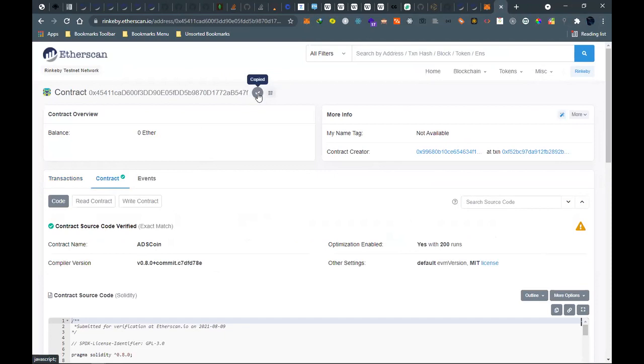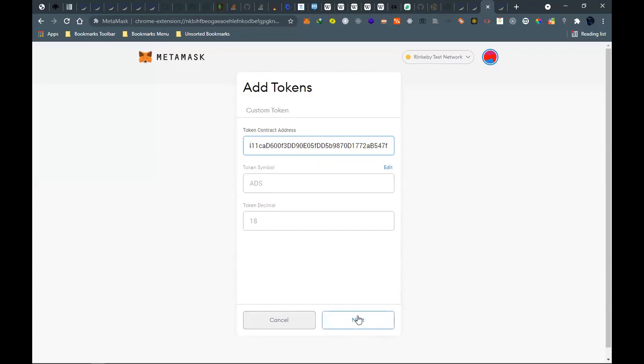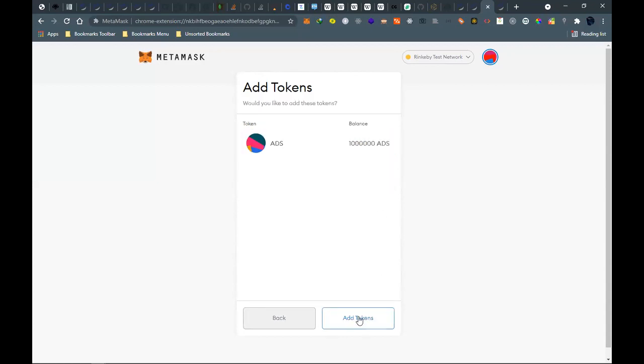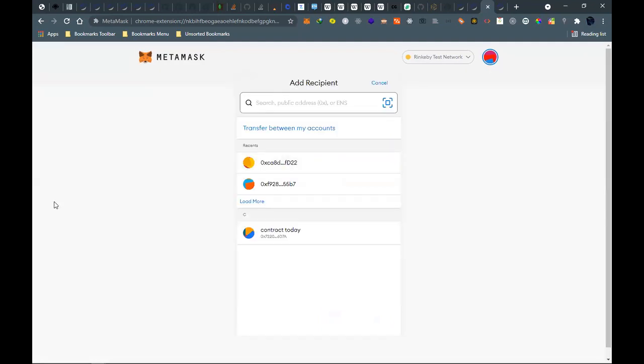Yeah, this is the one, 08. So we will add this one, and then we have our tokens there. And then we can send, and we send it to Ambrose.